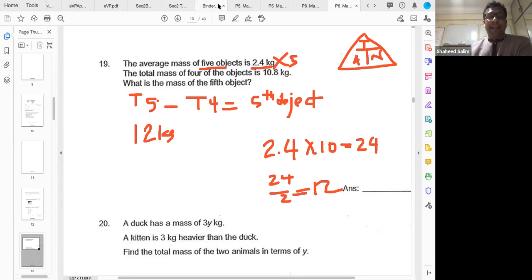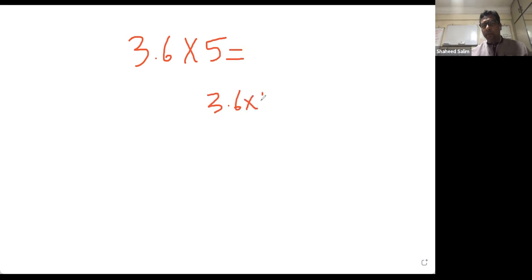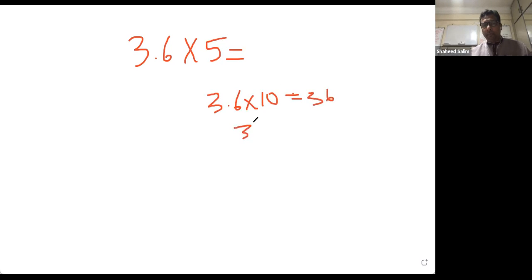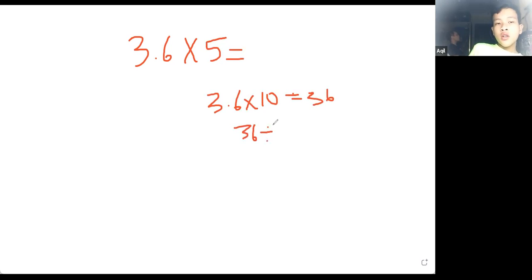So let us try practicing this method. Okay, let's say now they tell you 3.6 times 5. All of you try. First you times 10. How much do you get? 3.6 times 10 equals 36. Then you divide by 2. 36 divided by 2 equals